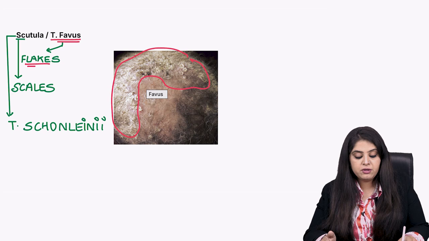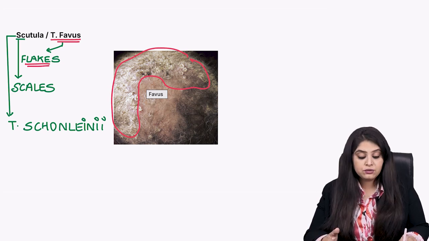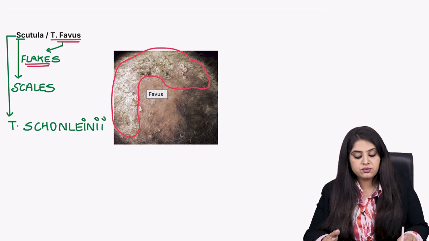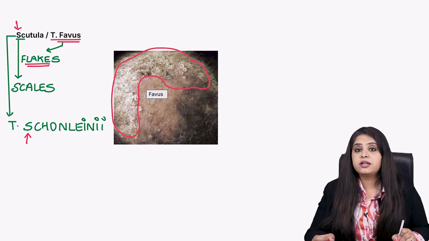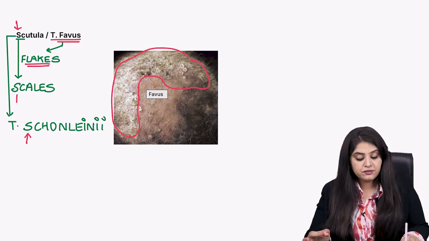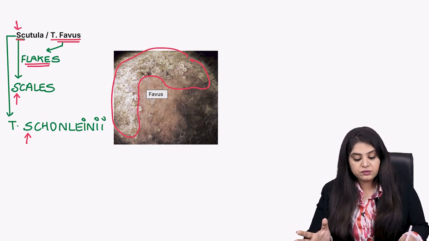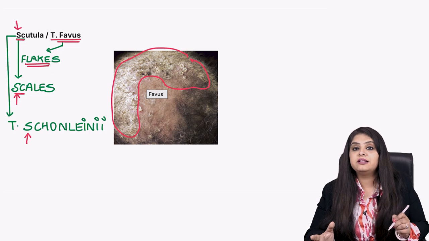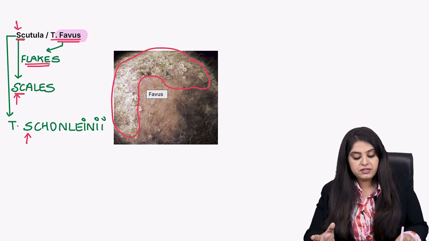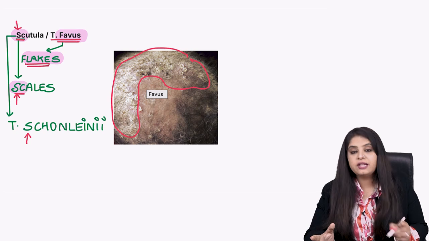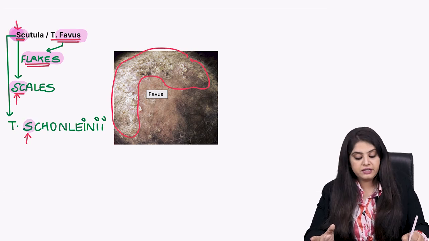Favus will always remind me of flakes and scales. That is also known as scutula. So split the scutula. The S will tell you that it is caused by which particular organism? Trichophyton schoenleinii. The S will also tell you that there are scales and flakes, and that is exactly what you see with scutula. This is going to have scales and flakes. Repeating, favus will tell you flakes, scutula will also tell you scales and flakes, and S alone will tell you